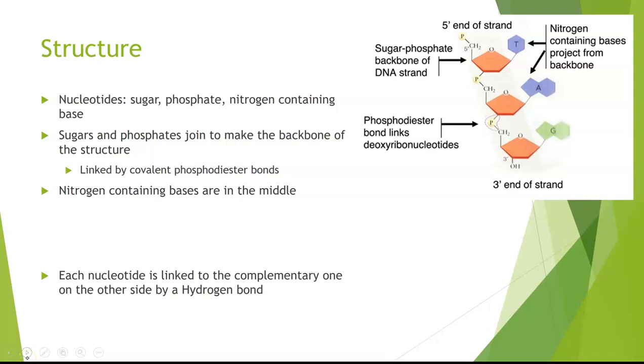Structurally, we have a sugar, a phosphate, a nitrogen-containing base. The sugars and phosphates join together to make a backbone. Those bonds are phosphodiester bonds. And then the nitrogen-containing bases in the middle. Those nucleotides are linked together by hydrogen bonds. And that is it for the structure of the